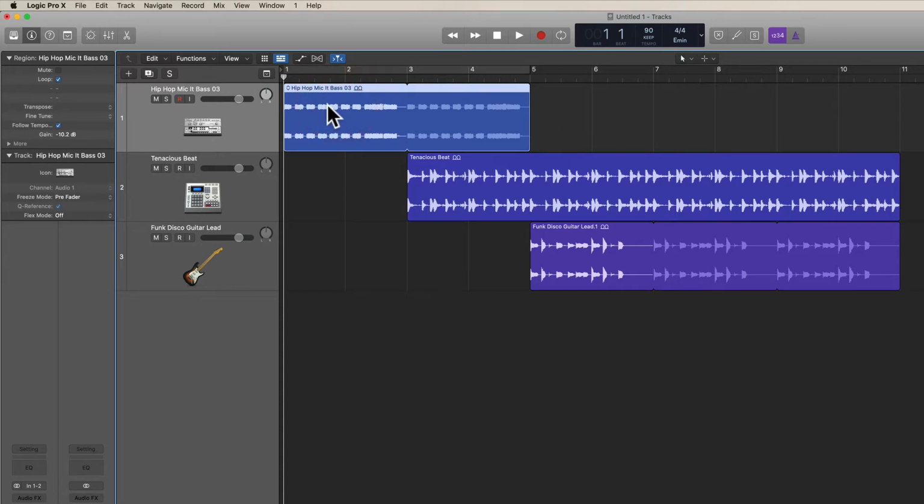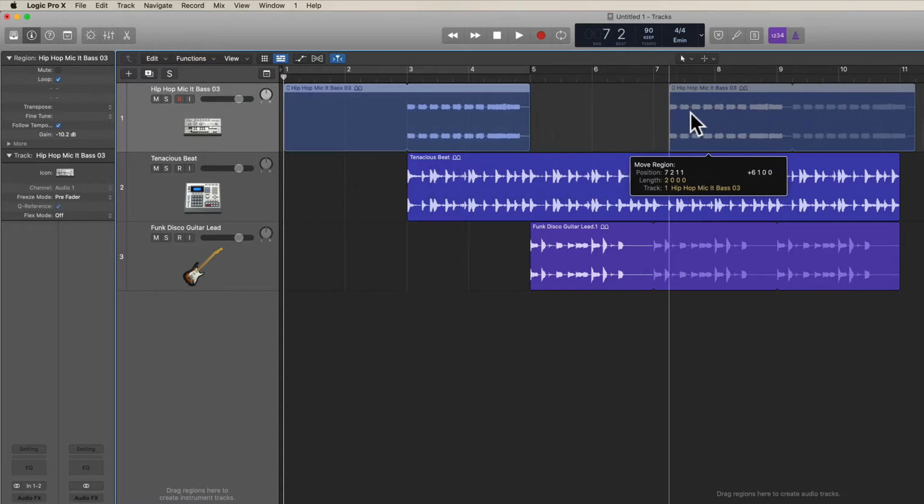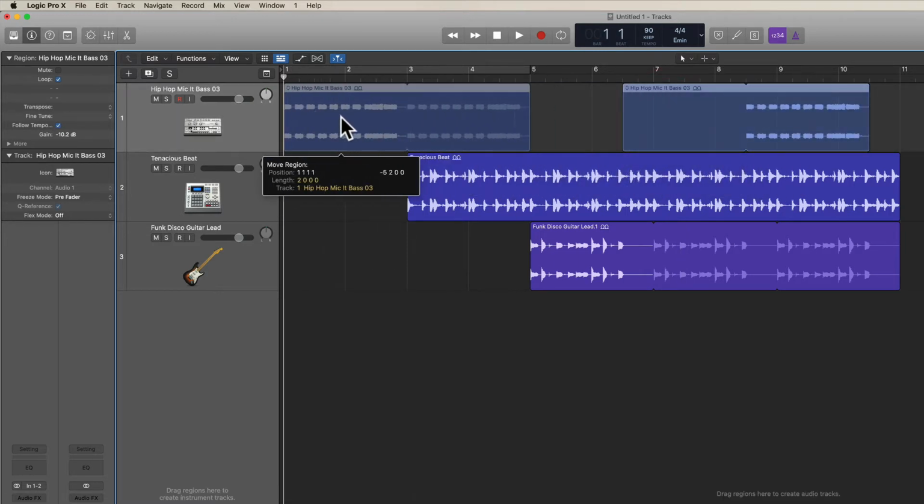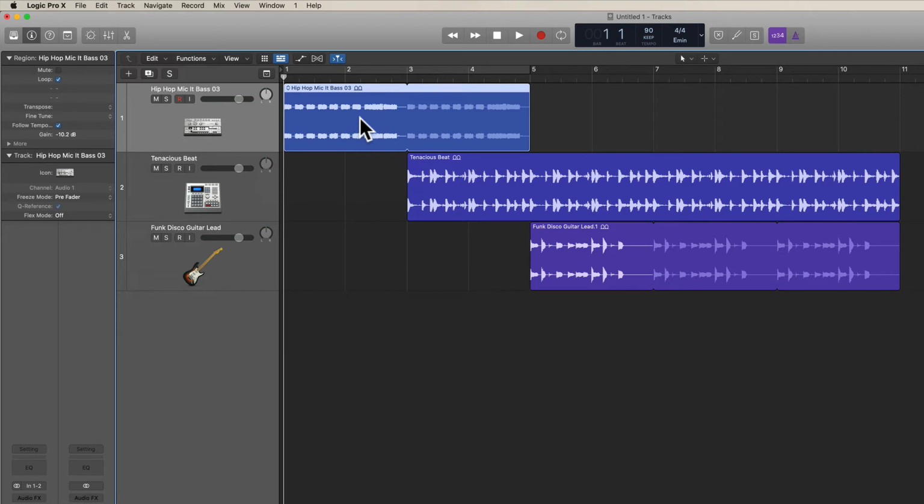So what I'm going to do is copy this region because I can't change a region pitch change in the middle of a loop. I can only do it on an individual region. So to copy this, well, first off, if I want to move this loop, I just click and drag it and let it go. But if I want to copy it, the easiest way to do that is to hold